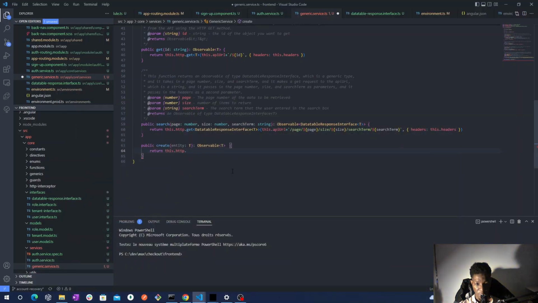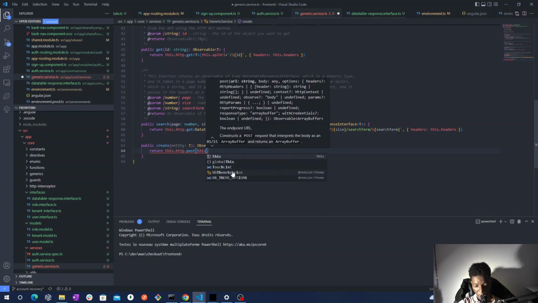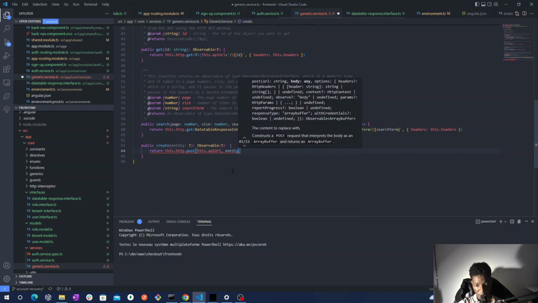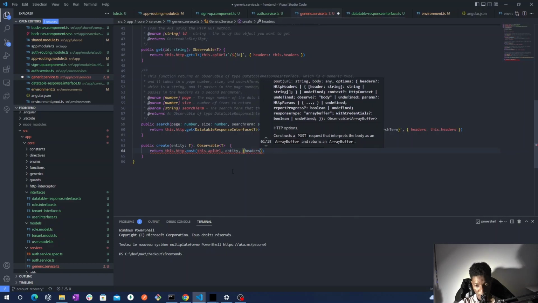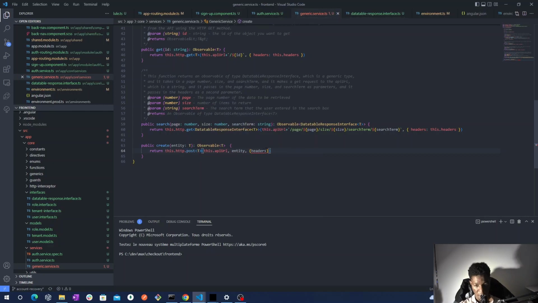I need to take a break. HTTP post. Then we have this API URL and we will have the entity that we want to post, and we have the header, and here we specify the model, so the generic, and we say that the header is this, and we format the document,